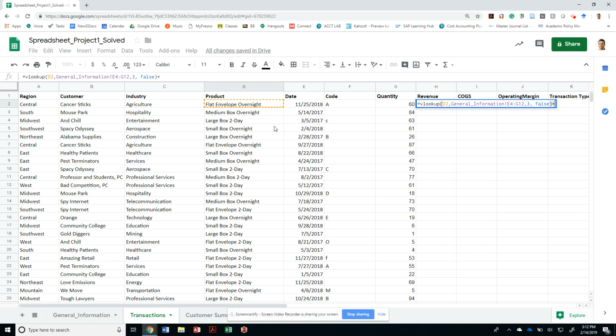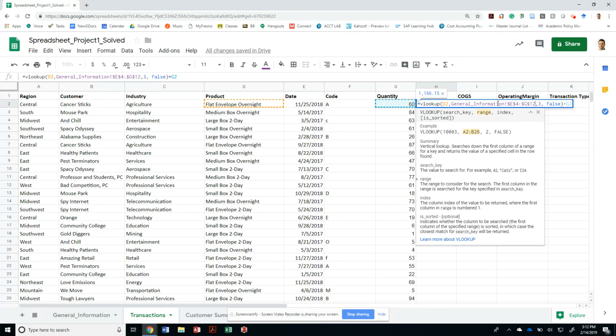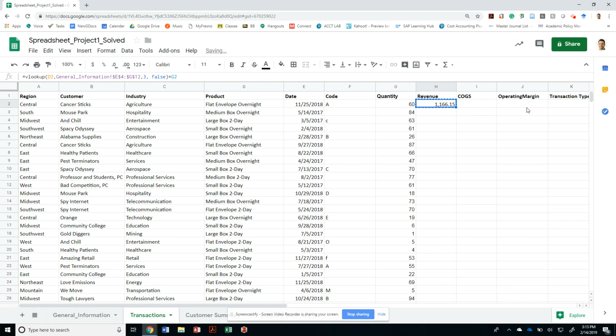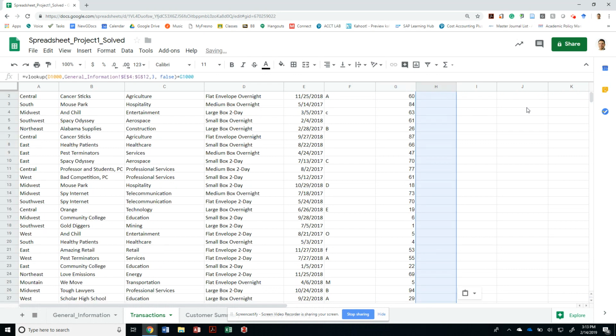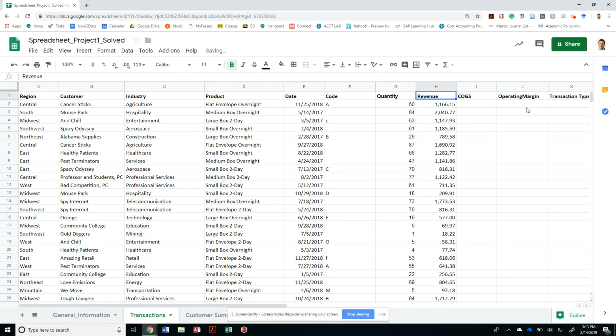To get the revenue, I would just have to multiply that times the quantity, right? So I multiply that times G2 in this case, and that should give me the revenue for that transaction. If I want to copy that formula, I want to make sure that the range is always anchored so it doesn't move down. And I can just copy paste all the way down, and I am done with my